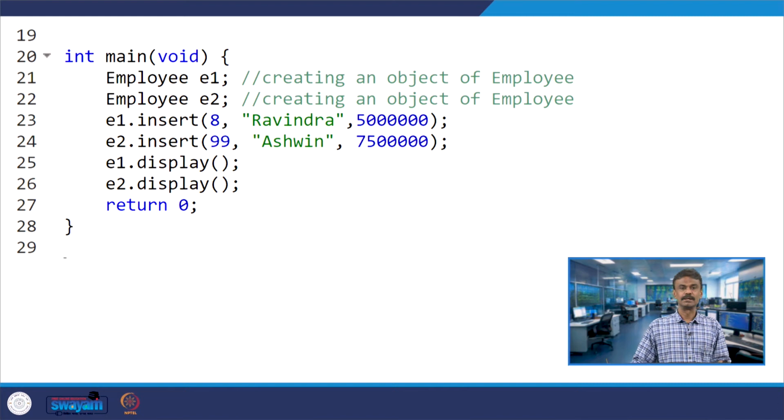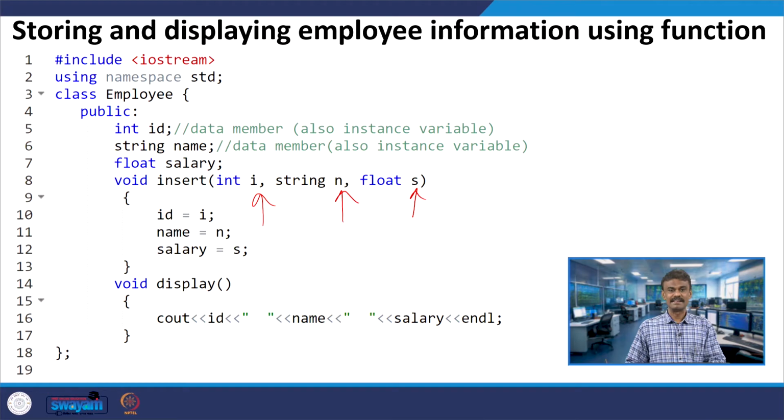Similarly, E2 is invoking insert. Here you are passing 99, Ashwin and 75 lakhs. Initially, when E2 is invoking this insert, all these values will be assigned to ID, name and salary respectively.